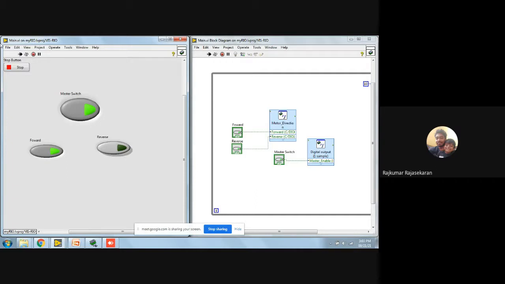So let me just try it once. And if it works, it's good. Or else I'll just substitute it with an LED and just show the PWM. We'll try to control the PWM using both the computer as well as the knob.